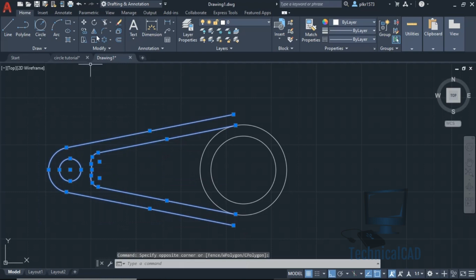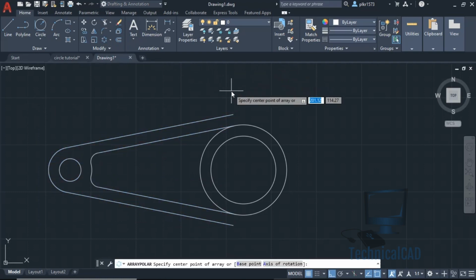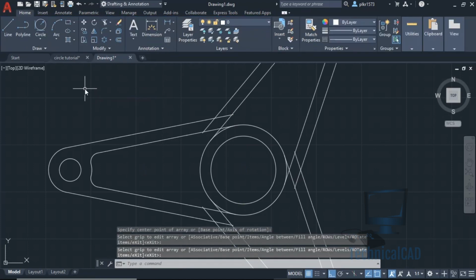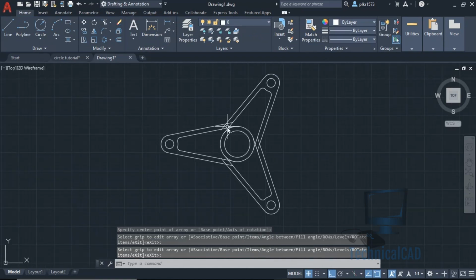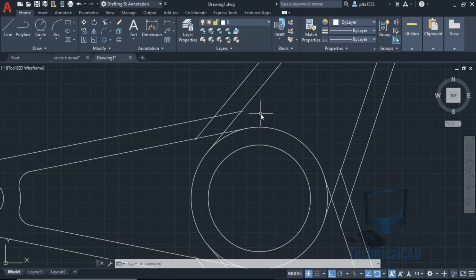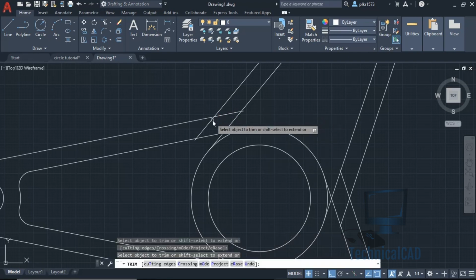Now go for polar array, select the center point, and select only 3, enter. Now I will go for the trim option. I will trim this part.